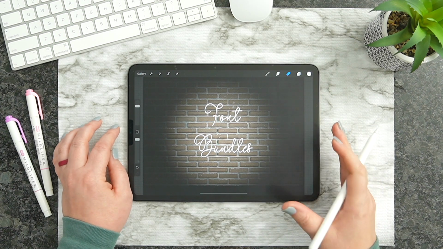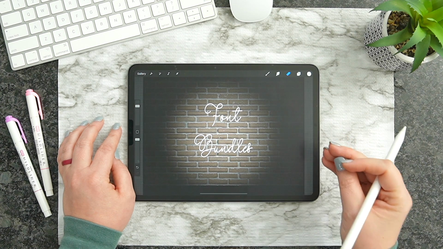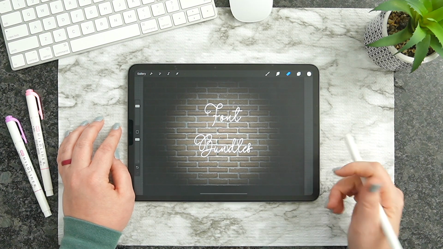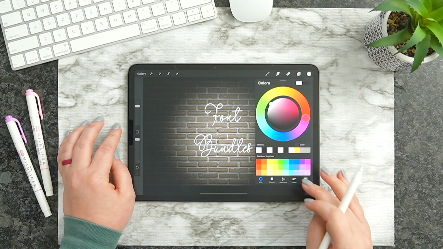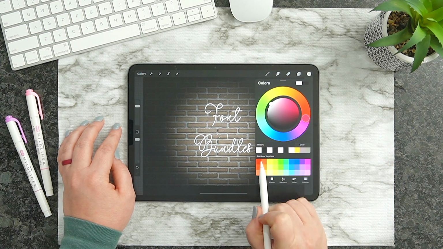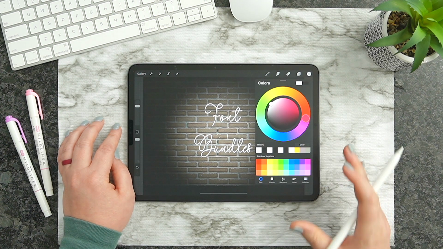as well as make sure that your color palette that you're going to use is very bright and saturated. So you need super bright colors. I'll have some palettes linked down below. For example, this is one of the palettes that I'm using today. It's called Rainbow Surprises, and it comes in a great big bundle.